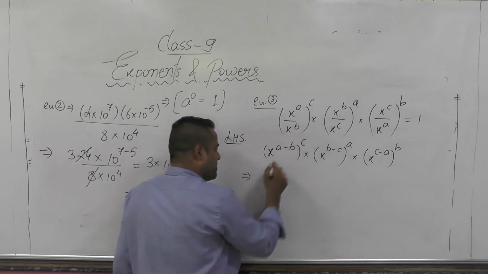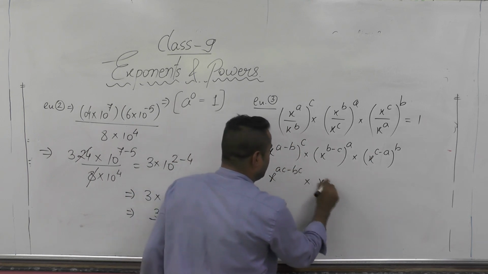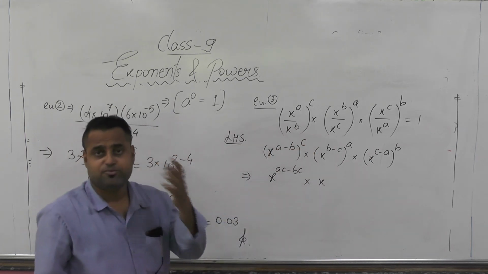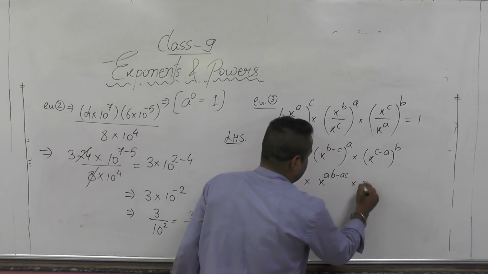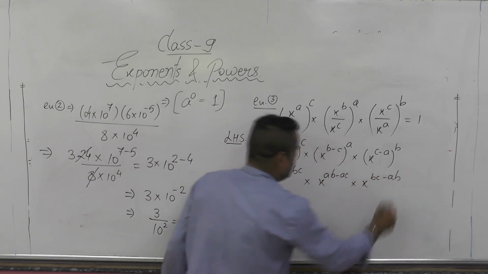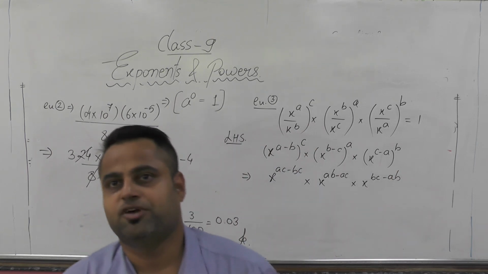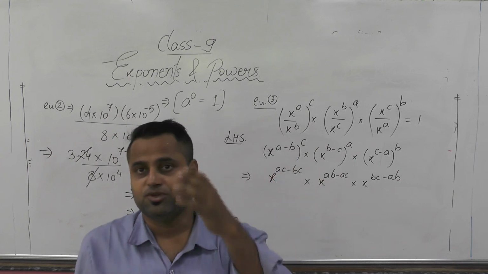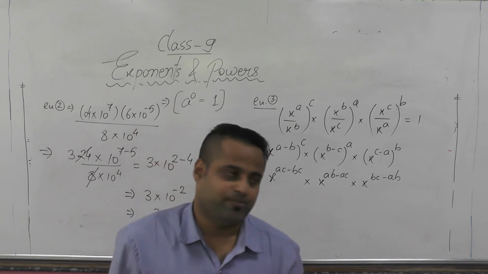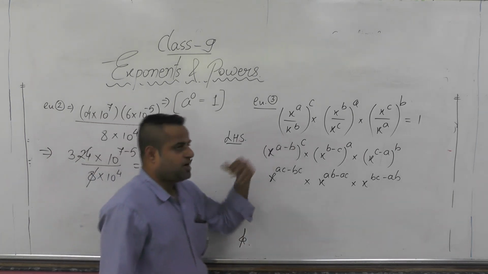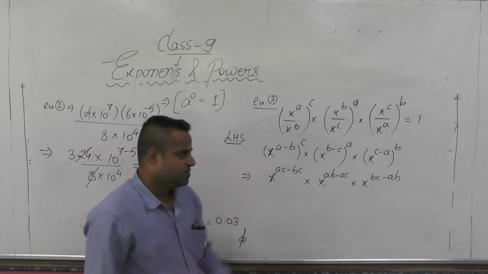Now power up to the power, the multiplication of powers, so that will be ac minus bc. As you know, c will be multiplied to both the terms with the distribution law you might have learned. Here again ab minus ac, here bc minus ab. One thing I want to mention, whenever you are multiplying such kind of variables, please take care of the sequence in which they occur in the alphabet. In that sequence only you need to keep them. Here C comes after A, so I put it here AC, not CA. So that thing you need to remember.